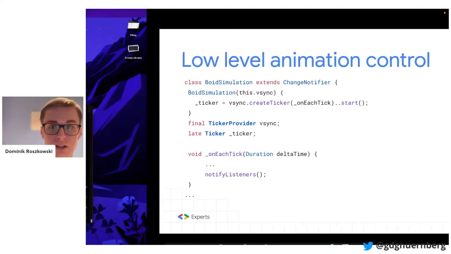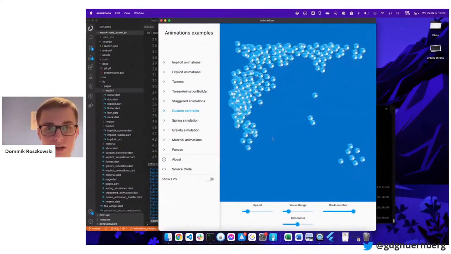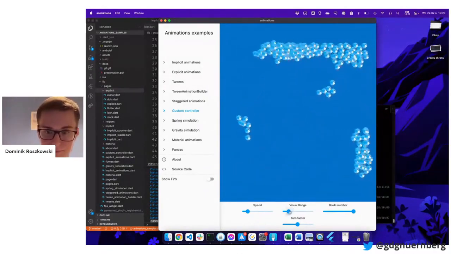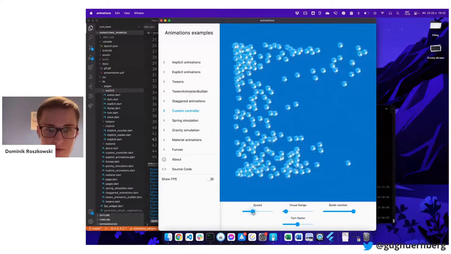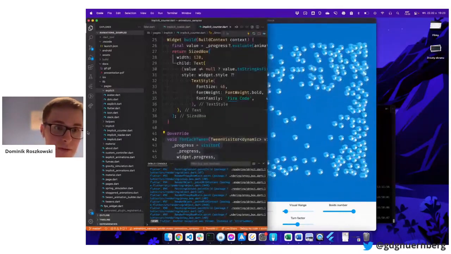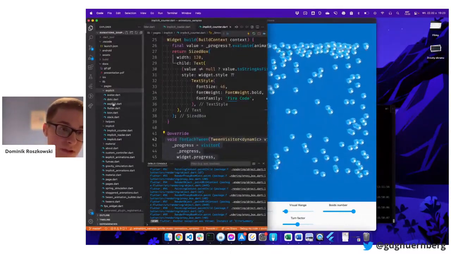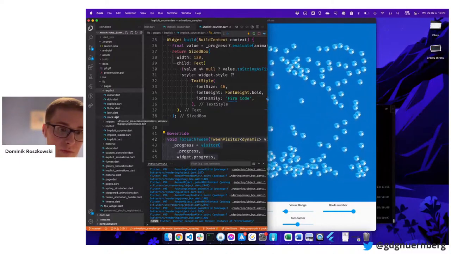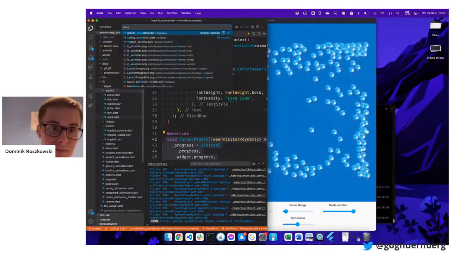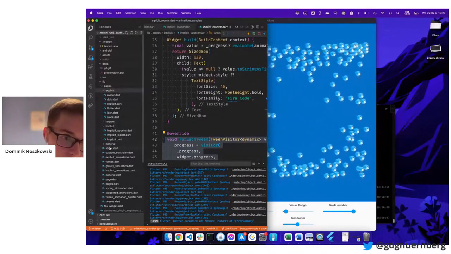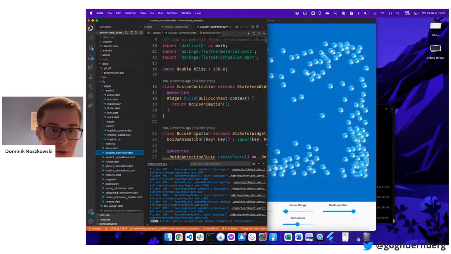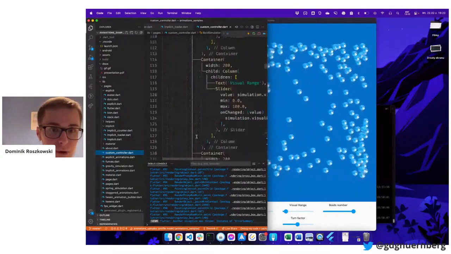So what is happening in the simulation of birds is that they are iterating over each of the birds and calculating how it should fly. I can just change some properties to make them faster or slower. The full implementation is available here. I don't remember the exact file name, but if you go to the custom controller file, you will see the boids animation, and there's the full code that I used.